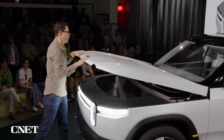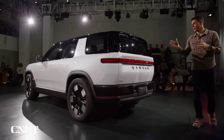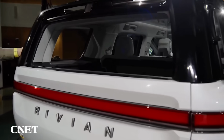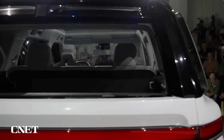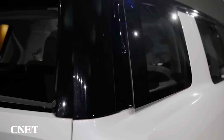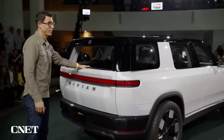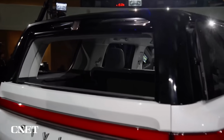Now, if we go around, but first just walk around the back, we did a lot of work to create something that builds a really open air experience. And you just saw, or maybe you saw, these quarter windows pop out. And what that does is we leverage the negative pressure off the back of the vehicle to pull natural air through, and it creates this beautiful open air feeling experience. And then the rear glass, which you just saw drop, also opens. And now the rear glass opening, it literally feels like an open air experience, but this gives you an ability to put